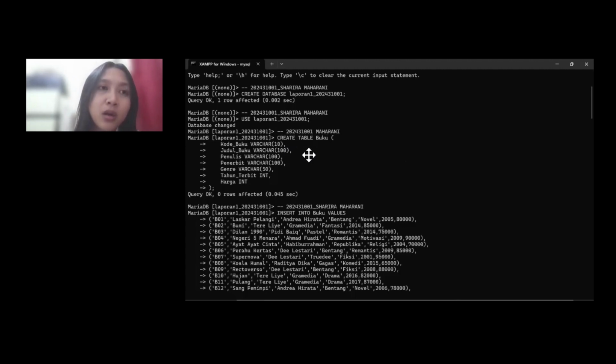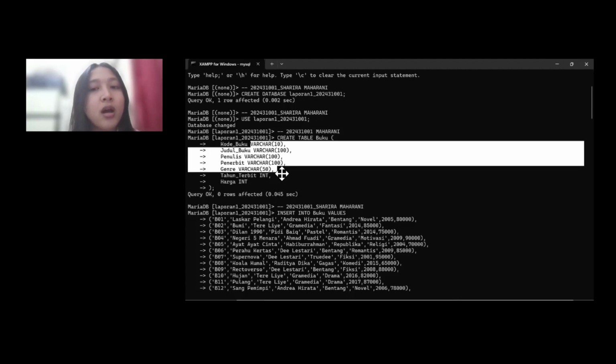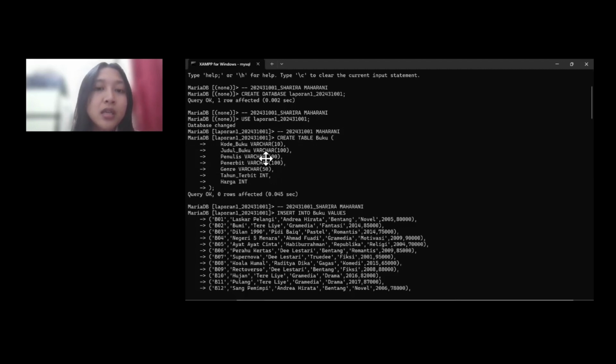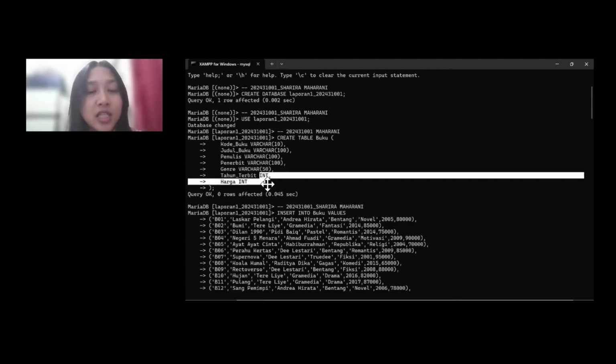So this table contains several columns such as kode buku, judul buku, penulis, penerbit, genre, tahun terbit, and harga. The data types are chosen based on the data needs. Varchar is used for the text columns because it is flexible in length, while integer is used for numeric data such as